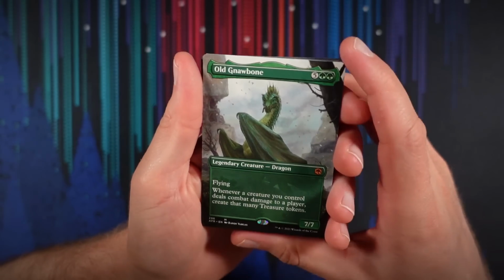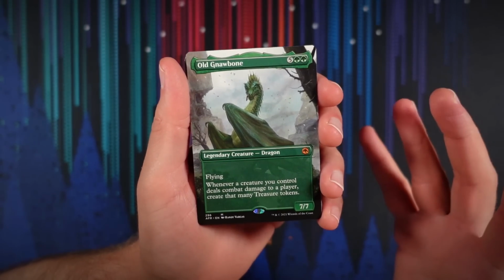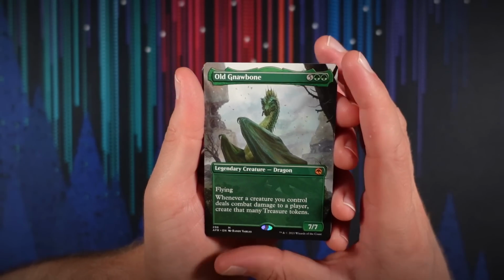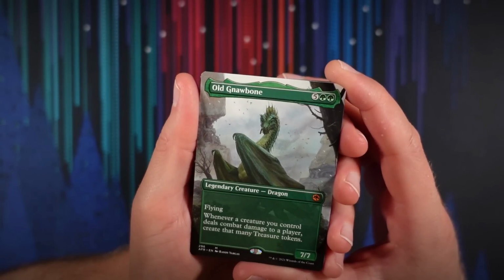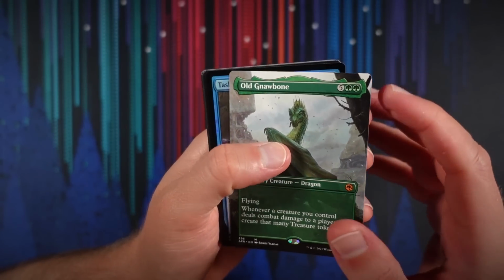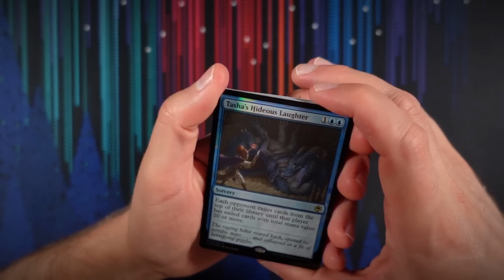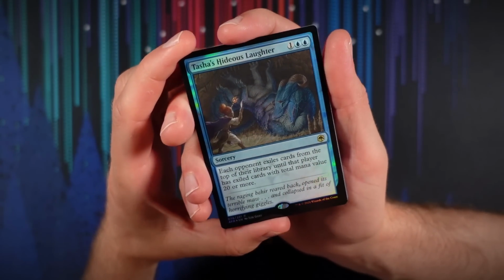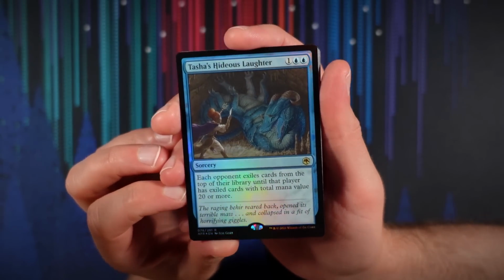Well, that's a fun pull to end on. I have no idea if this is worth much. I really don't know, but it's a really cool looking card with a pretty fun effect. Oh, look at that. And we get another rare, not a mythic rare, mind you, but another rare as our